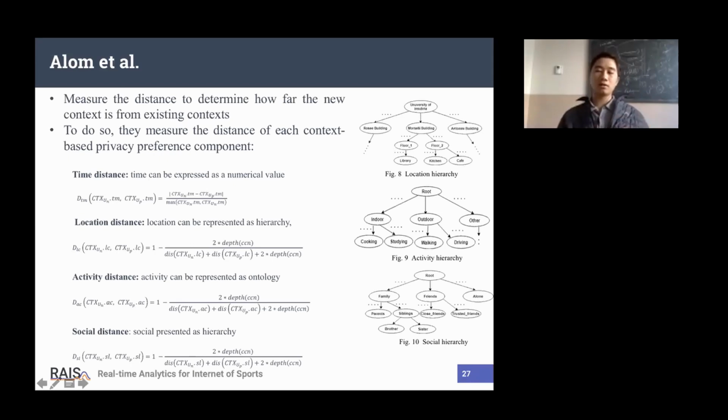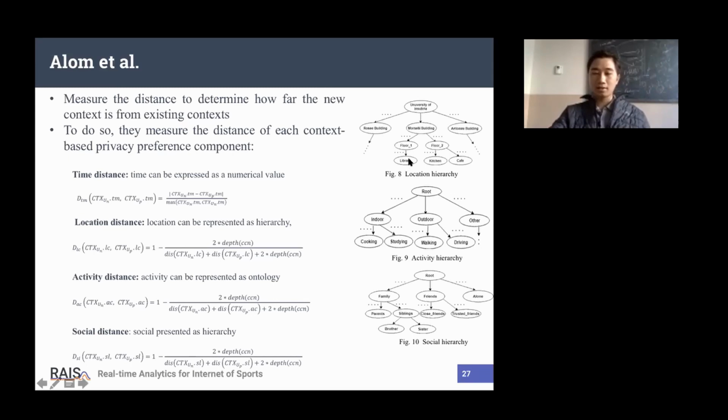The notation for different times is a range from 0 to 1. And the second thing, he reuses the Wu and Palmer approach to measure the distance between the location, activity, and social relationship from the previous context to the new one.